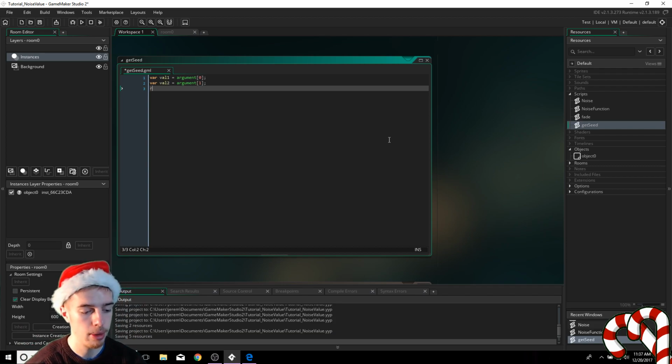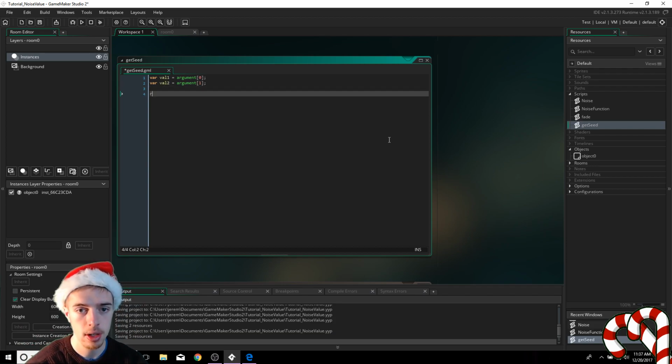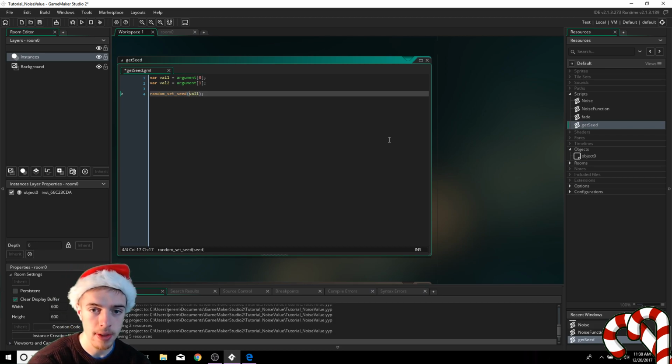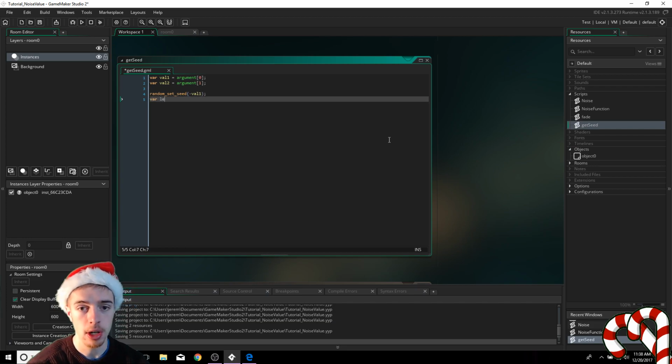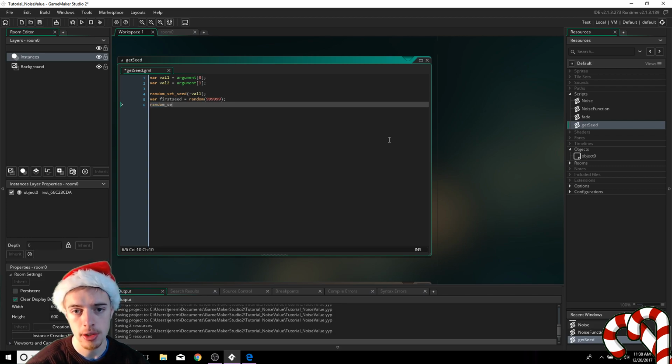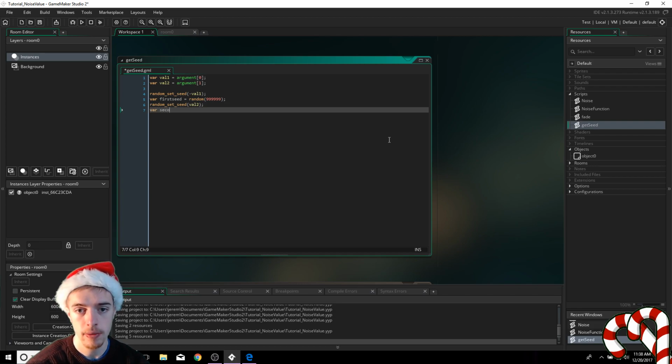Now let's do some stuff. I'm going to go random set seed, and I want to set my seed to value 1. Now remember how I mentioned before, we're going to make this negative, just like that. And then I want to go first seed. It's going to be random, and then a very, very large number like that. And then we're going to set our seed again to our second value, and we're going to get a second seed,